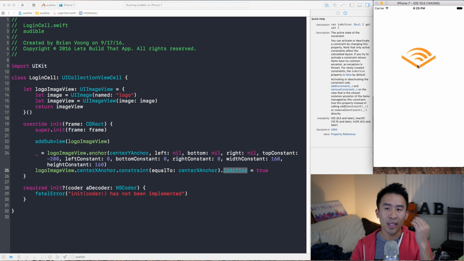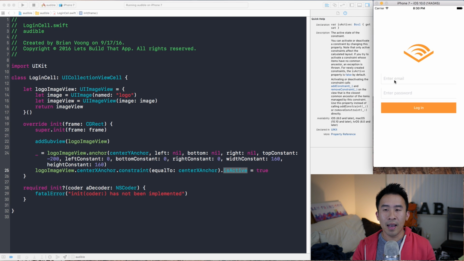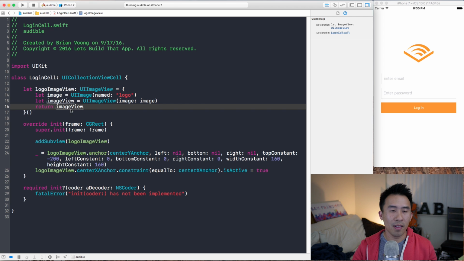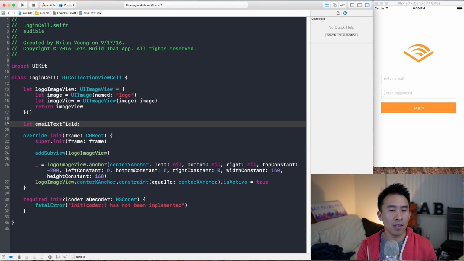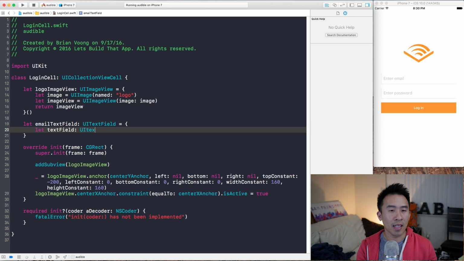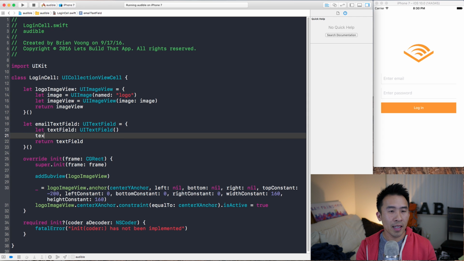So anyhow, the logo image view is now perfectly centered in the middle, which means I am now ready to put in this email field and the password field. So let's see if I can type this out really fast. UITextField for the email, let text field, UITextField, and let's just do this, return this text field guy here. And text field, let's put a placeholder text of enter email, and then I think we should be